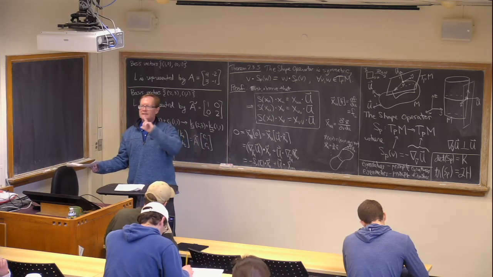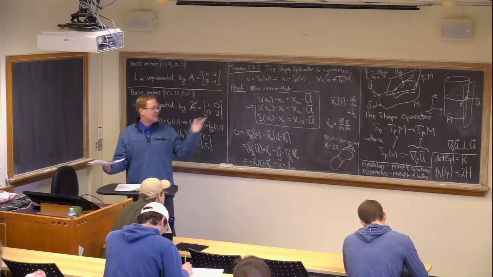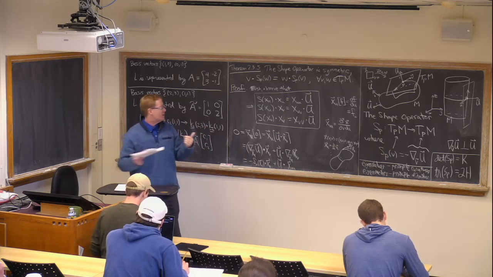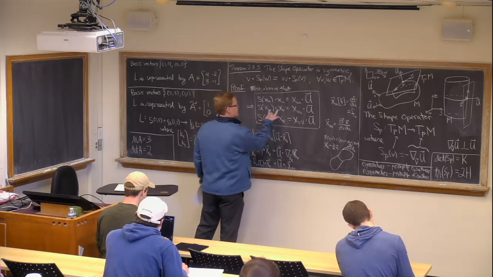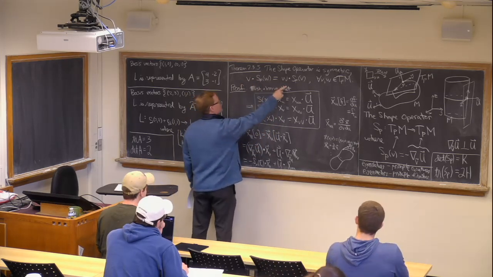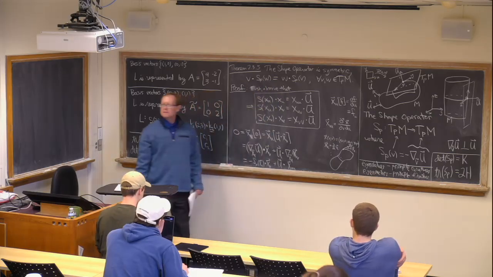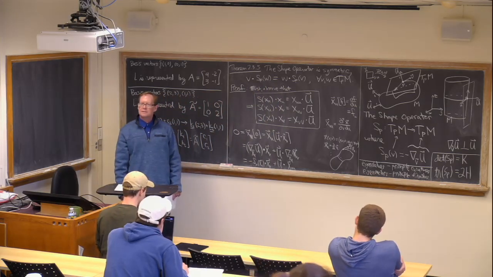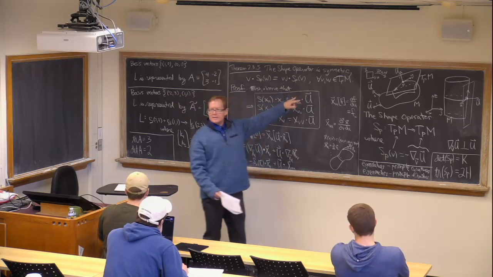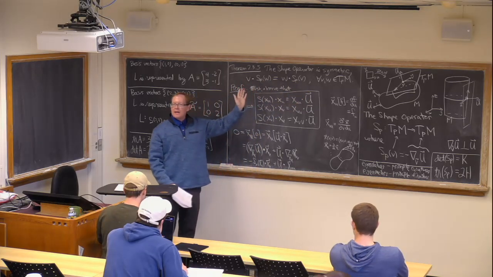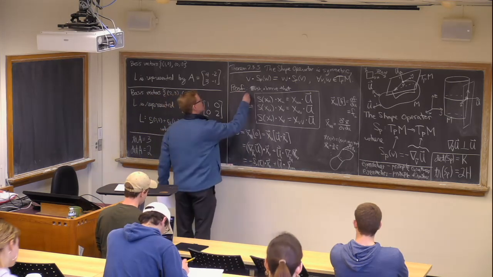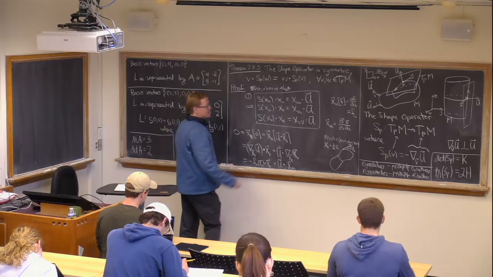And that, by the way, is at the heart of why the shape operator is symmetric, because the order of the partial derivatives doesn't matter. So in other words, I can switch x_u and x_v. What I've done is prove this symmetric property for x_u and x_v. If I let this be x_u and that be x_v, then I can prove the identity, or vice versa. And then here's the last step of the proof. Step 1 is to prove these identities, and then step 2